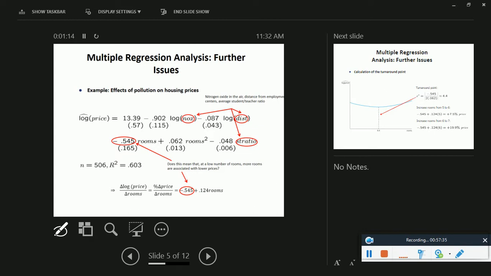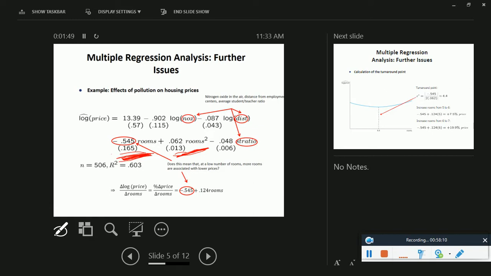So if you see over here, what's the quadratic term in this equation? The room square, right? But the linear term is negative. That means if there are more number of rooms, okay,